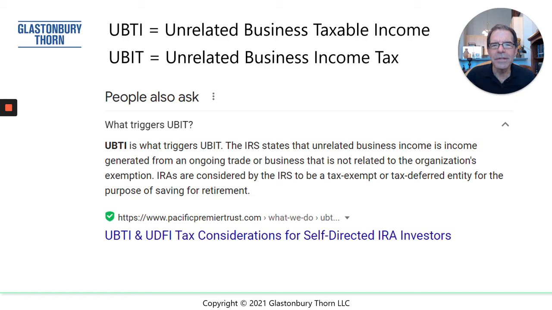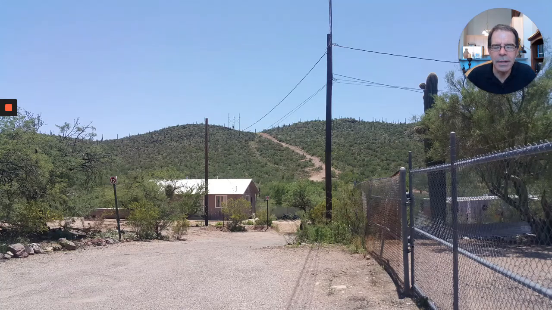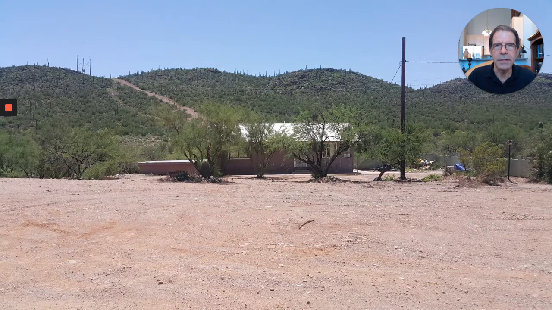So the reason that I got onto this topic pretty recently is that I bought a property inside of a retirement account. In this particular case, you can see pictured here. It's a very humble house on a very interesting lot. So you can see the house here is backed up against some, I live in Arizona, as you might guess, so it's backed up against some land that will never be developed. And you can see here the front of the house where I've scraped another part of the property.